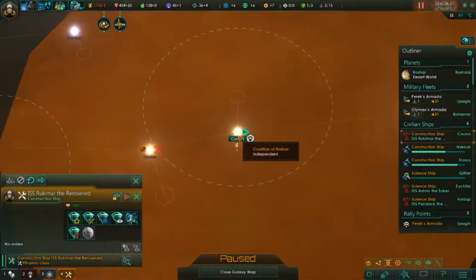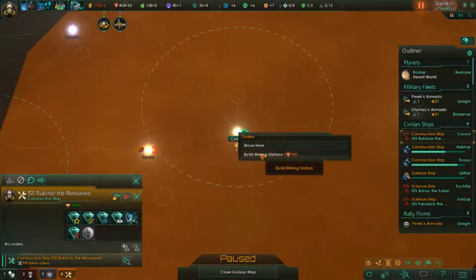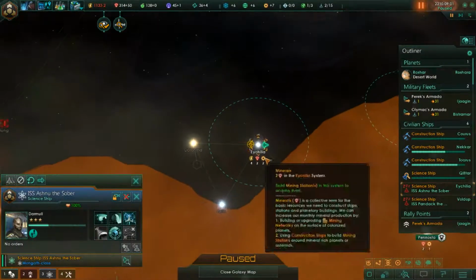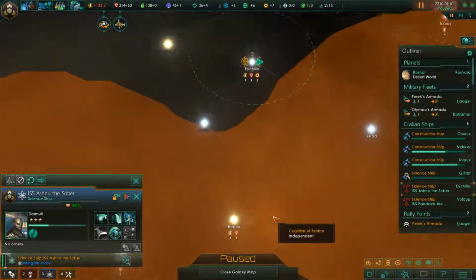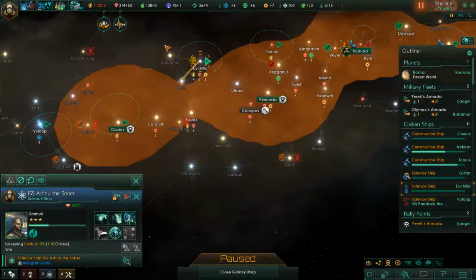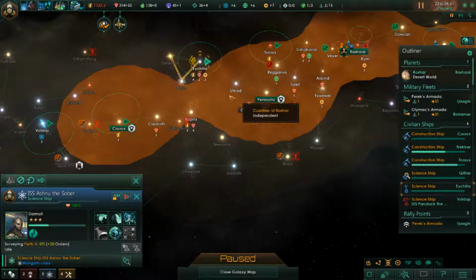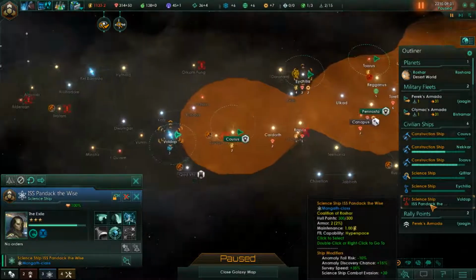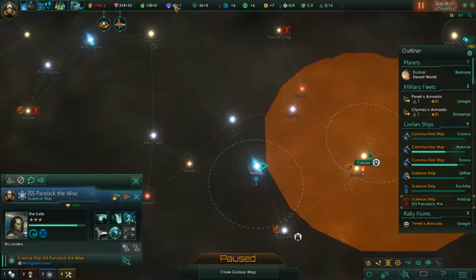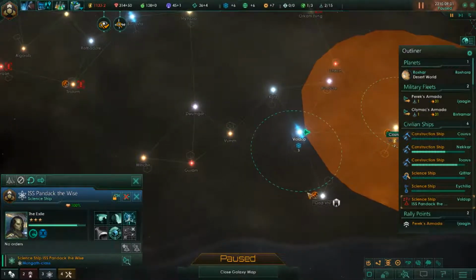So you've got nothing to do. I'm a bit surprised. We do have the minerals to continue doing that. I'm surprised you don't have any other orders. So let's queue these 2 research for now. And you, we do have enough influence to build another outpost, so we should